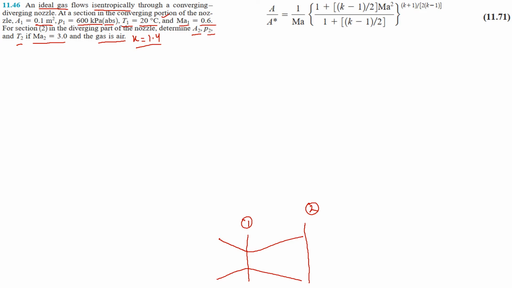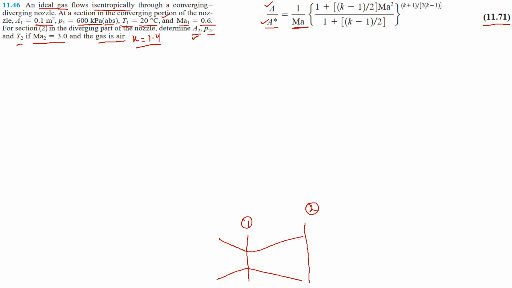So this is also an equation, that is equation 11.7 in your compressible flows chapter, and this ratio, the area over the critical area ratio, is also given in relation to the Mach number, and this equation can be used to find the critical area that is under choking condition. Or we can also use this equation now to find the area A2,